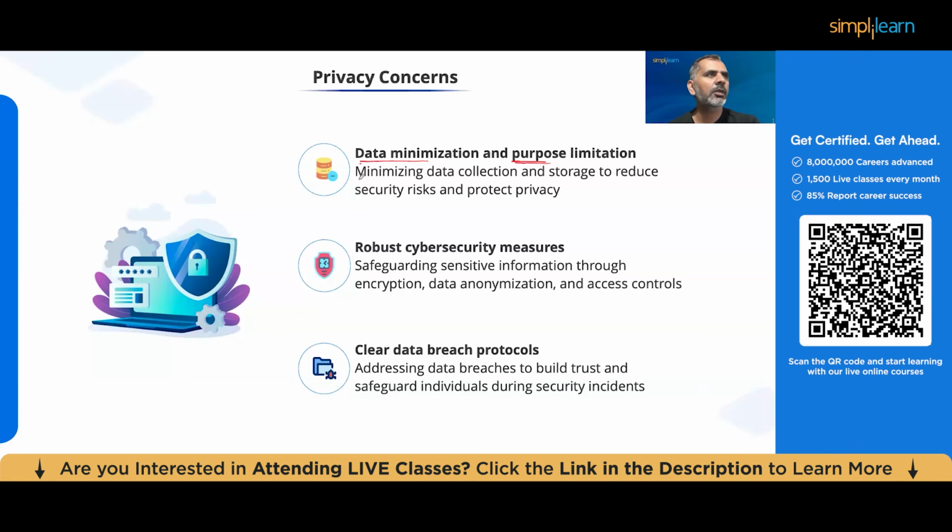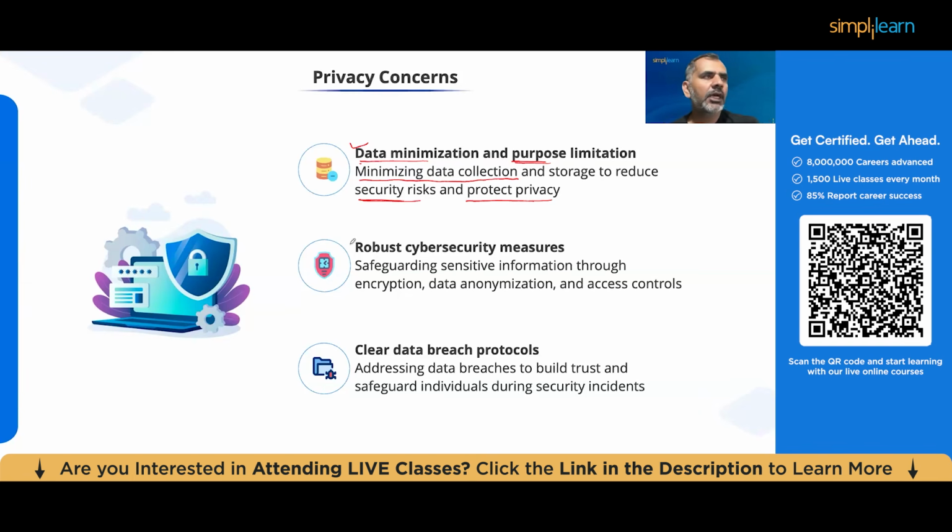So this is what we call minimizing data collection. You should also store the minimum information. Information which is not being used for a longer period of time, you should not store. You should collect it instantly, use it, and throw it. That helps you reduce any kind of security risk or privacy risk. So that's a very good thing that is being introduced. You only need to collect the piece of information which is required for your application. You should not collect more information about the user, and that's what we call data minimization and purpose limitation.